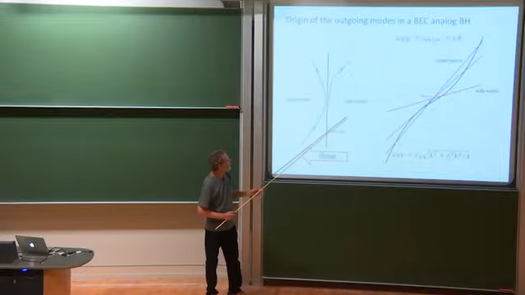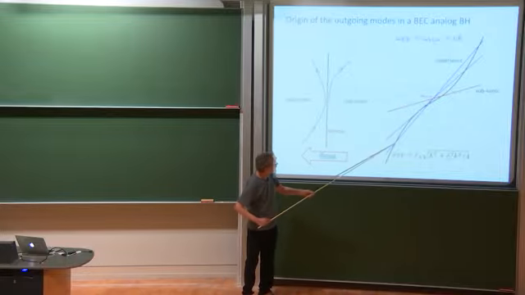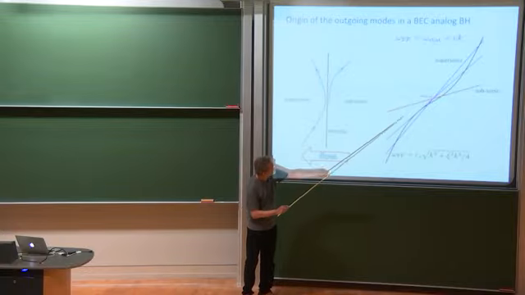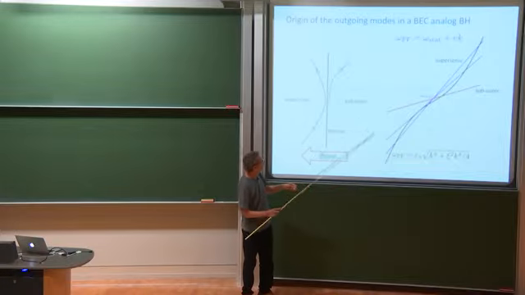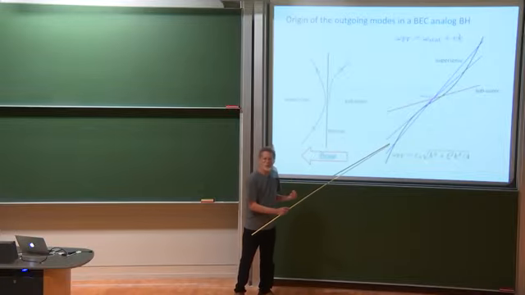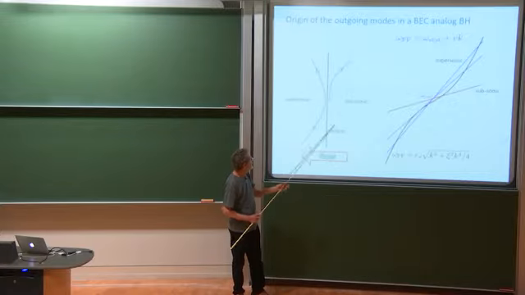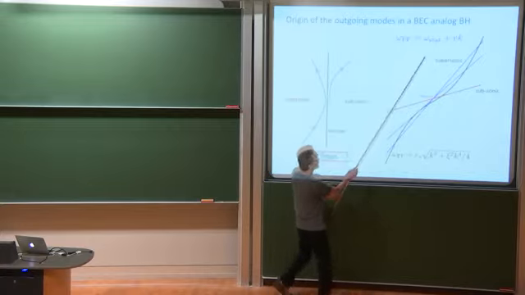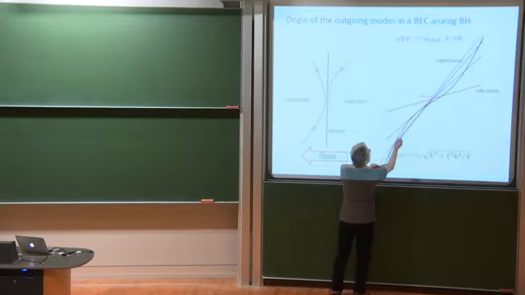So now we can see what happens. Suppose we start out with this root of the dispersion relation. You can see that the slope of this curve, which is the group velocity, is greater than the slope of the straight line, which means that this corresponding wave mode is propagating to the right. Here it is. It's moving towards the horizon. The velocity of the flow is dropping as I reach the horizon, so the slope of this line is dropping with the same intercept.